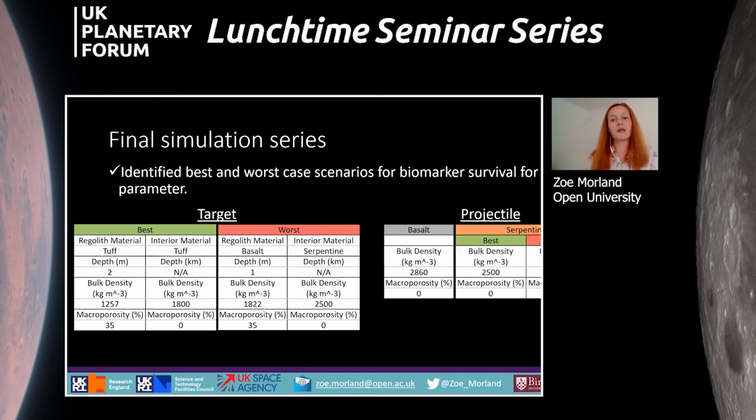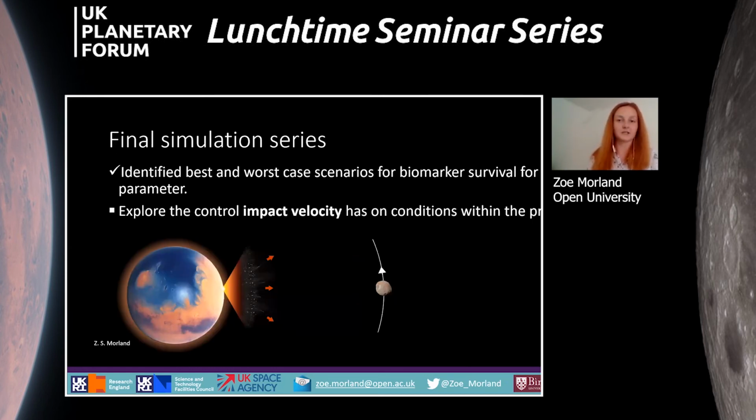And secondly, for the projectiles, there is just one basalt projectile scenario because this didn't have any parameter value ranges to test. But the serpentine has a variation in macroporosity and therefore density, so this has a best and worst case scenario. In summary, the main differences between the best and worst case scenarios for the target are material, regolith depth and density, and for the projectile are material, density and macroporosity. These variables feed into the main set of simulations to investigate how the best and worst case target and projectile scenarios combined with the final continuous uncertainty, which is impact velocity, result in different temperature and pressure conditions within the